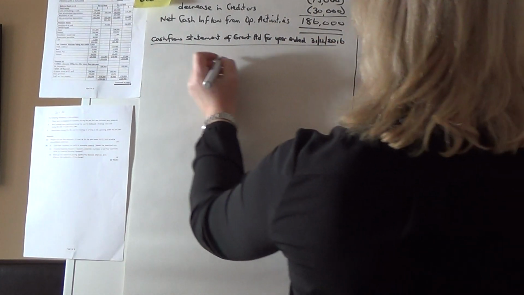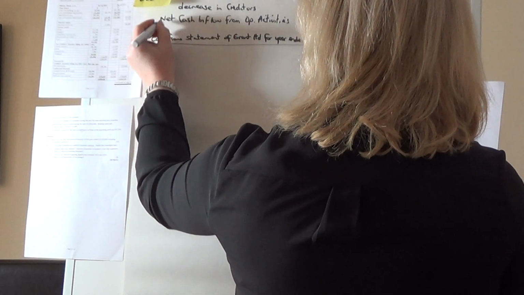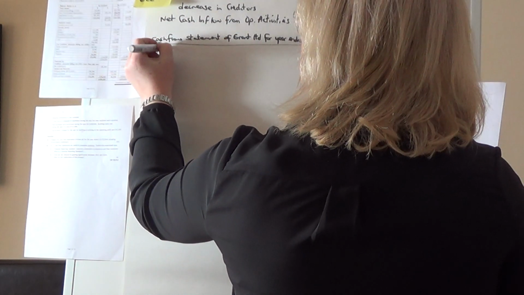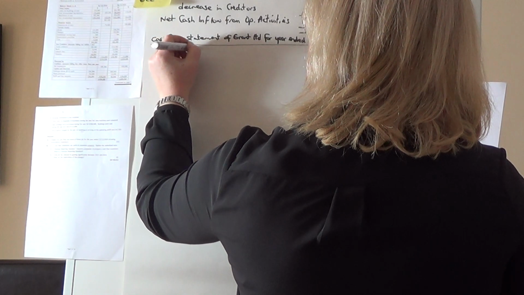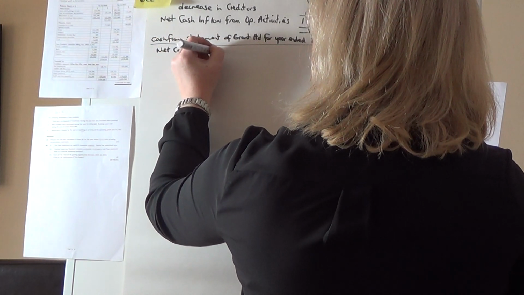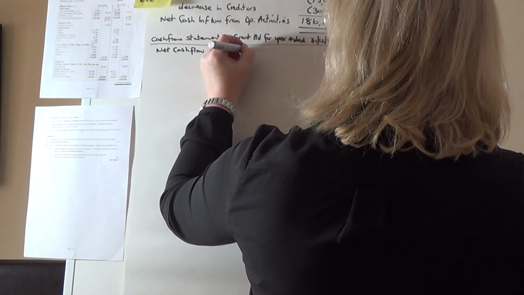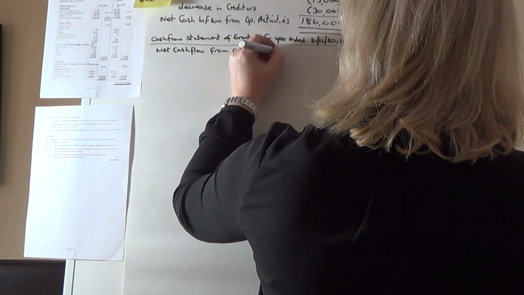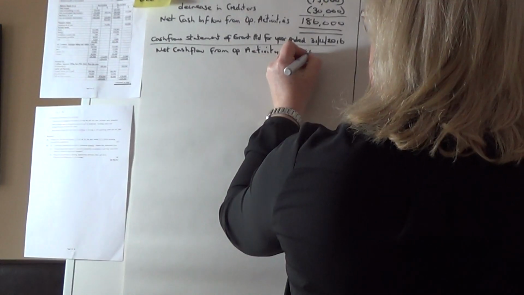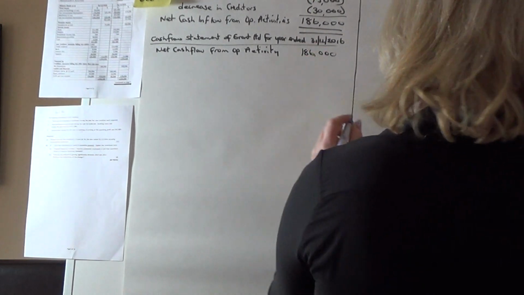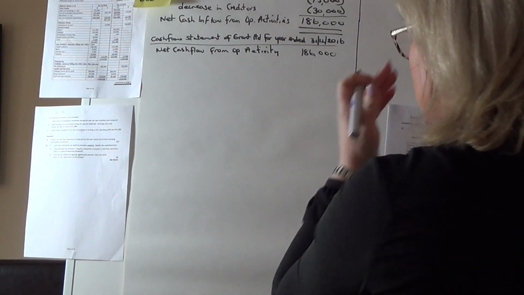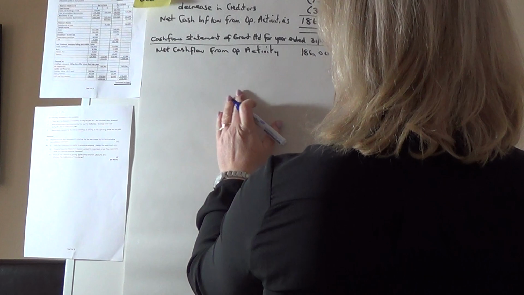So put in your heading, and we're going to start with that figure we just got. So it's the net cash flow from operating activity. So that's 186,000. Just transfer that figure down,